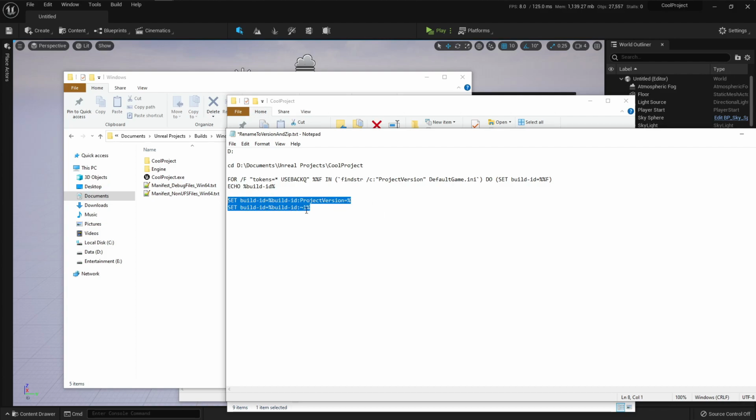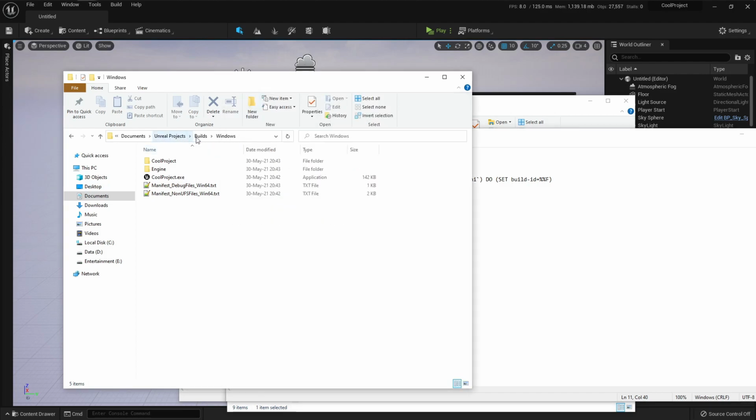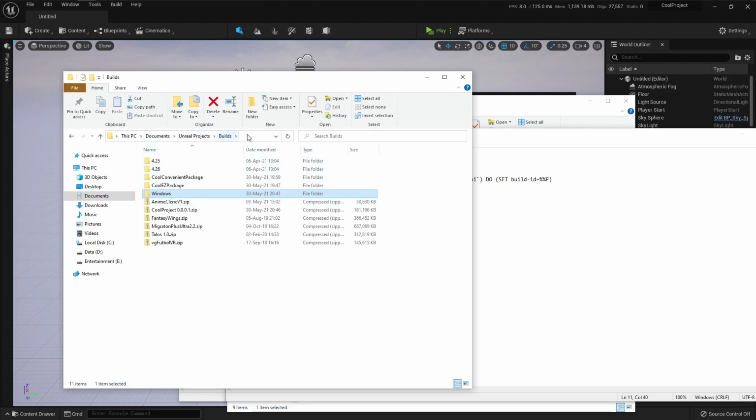And in this way, what I'm doing is removing some extra text that sometimes gets passed around. If you don't need this, then you can delete this line, because this is only removing, I believe, a blank space. And then, now that we have the project version in a variable, we can rename the folder. To rename the folder, now we need to go to where the build has been stored, that would be here in Unreal Project builds and, well, Windows, right? So I need to go to this path,